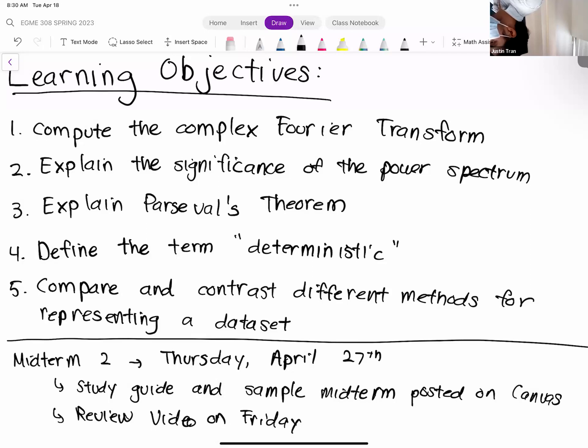So this class, I think I've mentioned it before, is kind of a weird mishmash of lots of different math stuff. I know you guys have taken the four-class math series here, and the math department does a great job. But for engineering, there is some more specific information that we want you to know, and this class is our chance to catch up on all of those somewhat random pieces of math.